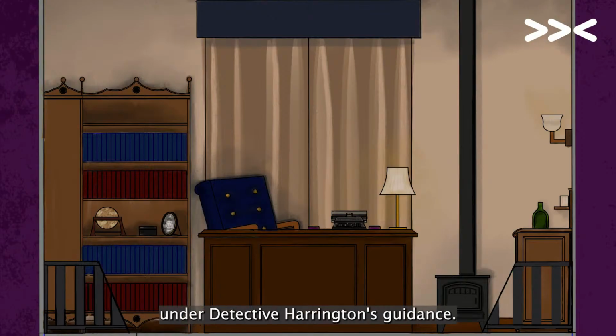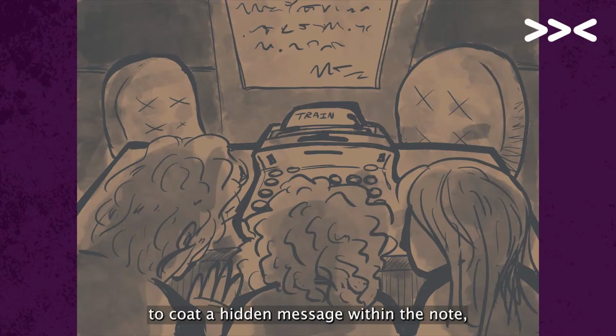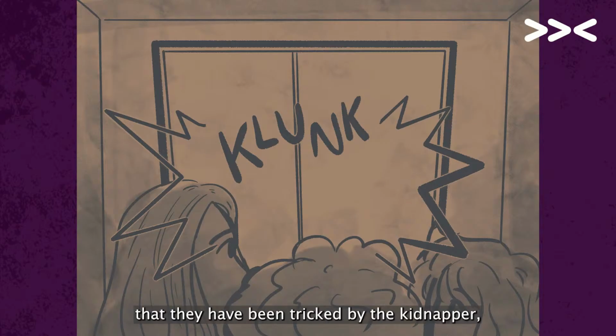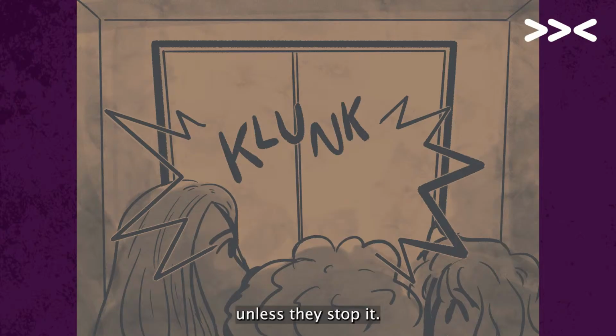Under Detective Harrington's guidance, the new recruits will have to discover a hidden note in the missing mayor's coat in a boutique, decode a hidden message within the note, and track the whereabouts of the kidnapper to the front of a steam train. Here guests discover that they have been tricked by the kidnapper, who taunts them with the knowledge. After all, they are now trapped on a runaway train that is set to run over the mayor, unless they